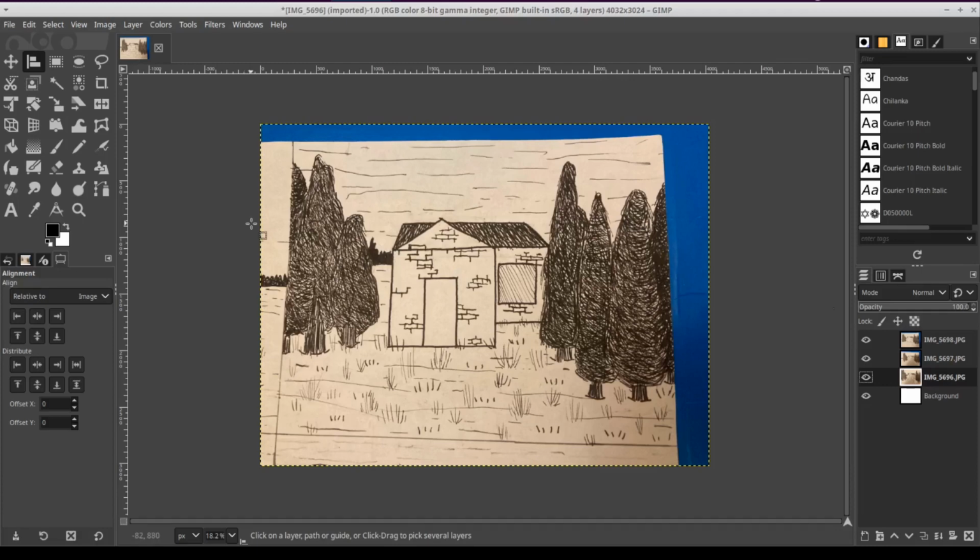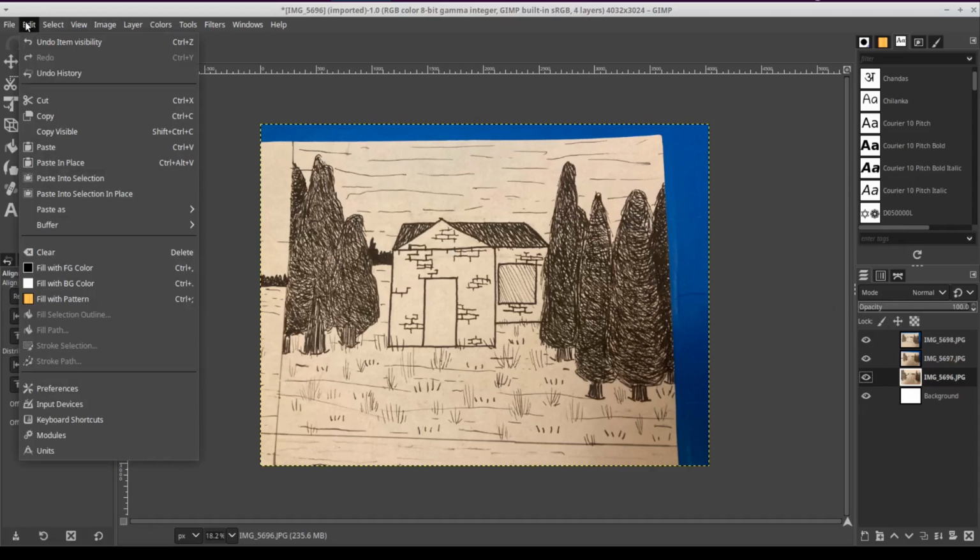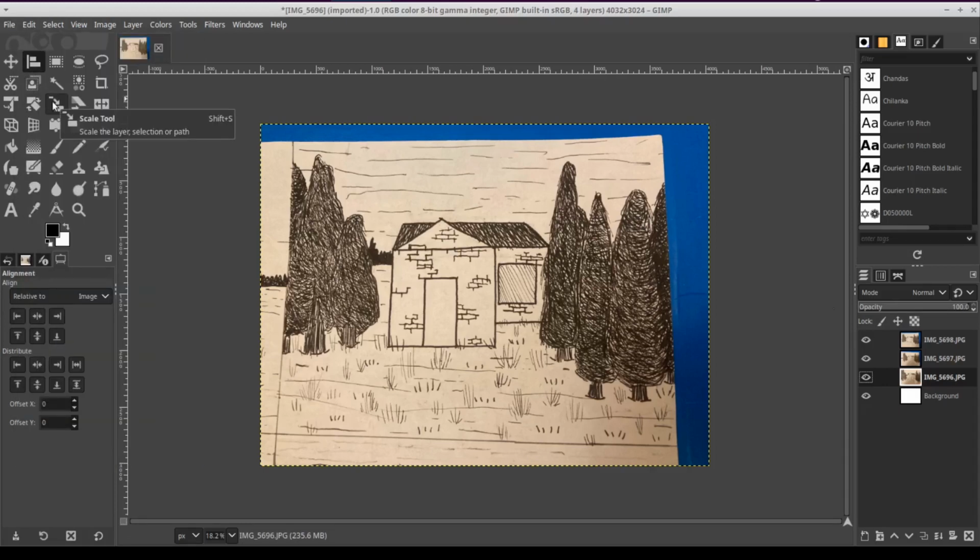And the first thing you want to do is you want to somehow change the shape of all of this. Basically, see how the picture is kind of in this trapezoid shape here? What we need to do is we need to get that into a more rectangular shape, and pretty much every software has some kind of way to deal with this. GIMP has all of these tools here, basically.